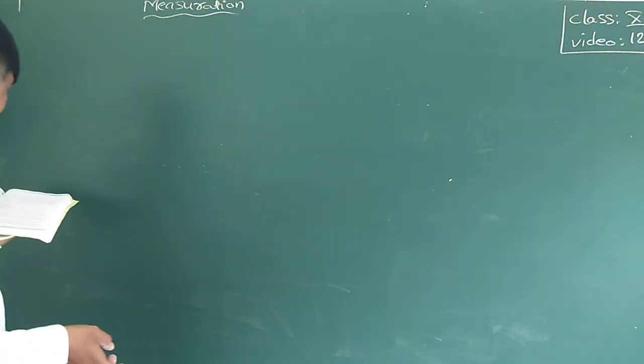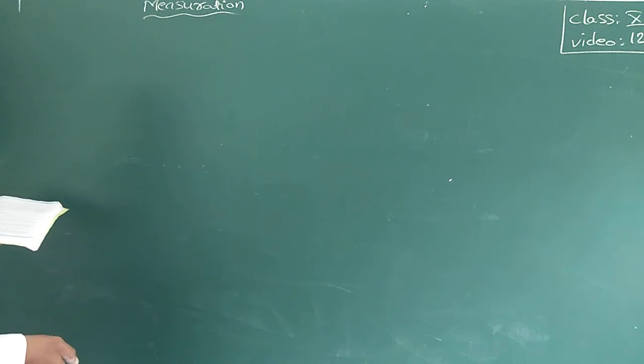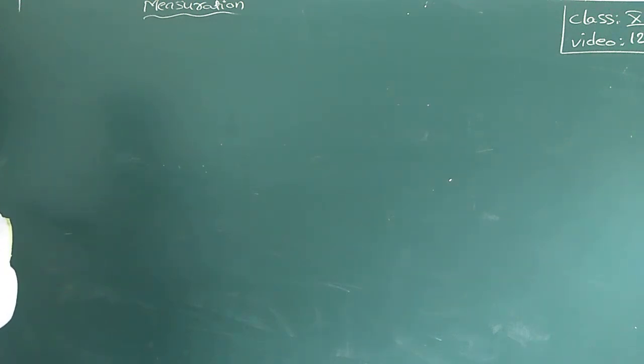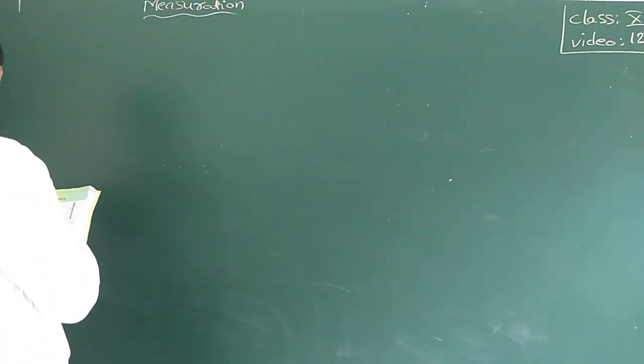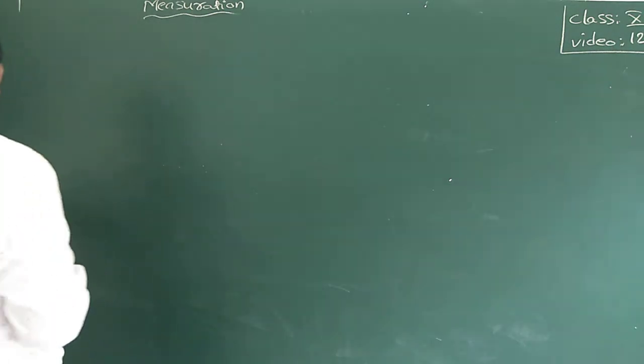I'll give the hint. Please try to do it yourself only. A vessel in the form of an inverted cone, its height 8 centimeters and the radius of its top is 5 centimeters. It is filled with water up to the rim. When lead shots, each of which is a sphere of radius 0.5 centimeters, are dropped into the vessel, 1/4 of the water flows out. Find the number of lead shots dropped into the vessel.